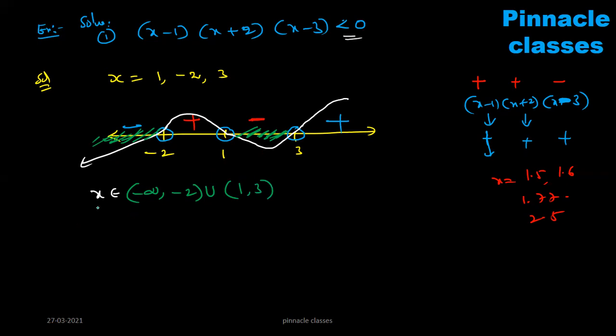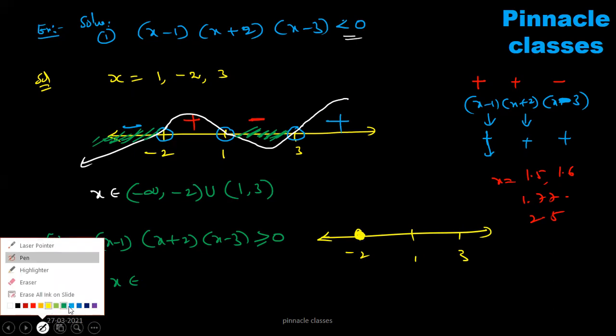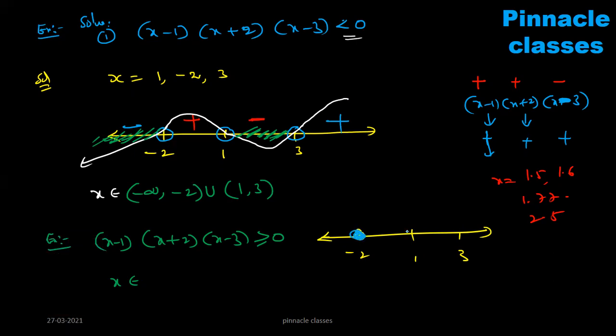I am adding one more same question. See, (x minus 1)(x plus 2)(x minus 3) greater than or equal to 0. Can anyone say what is the answer? Greater than or equal 1 to minus 3. No. No, x is 1. No. See carefully. I get the same diagram, no? Greater than or equal to 0 means what here? Included. That's what I'm saying. Included. Included.